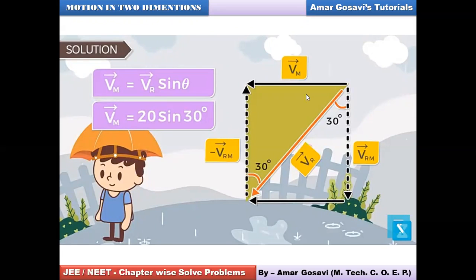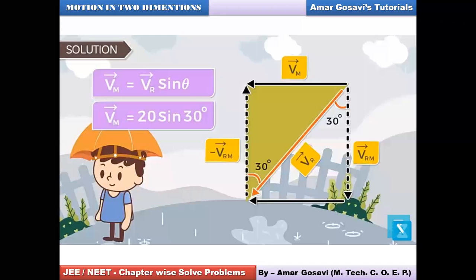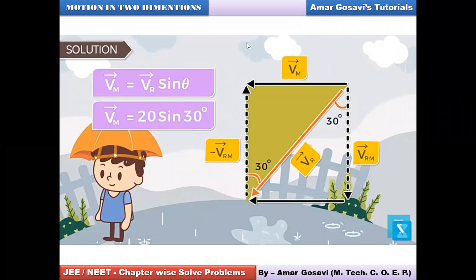So drawing the diagram is more important, and then the concept becomes clearer. So make a note of it. This is the solution, friends. So you can find out anything from this with the help of trigonometry. You can find out the velocity of the man. If they ask you the relative velocity of rain with respect to man, you can find it out with the help of trigonometry. Your trigonometry needs to be good, that's what I want to say, for solving relative velocity concepts in two dimensions.